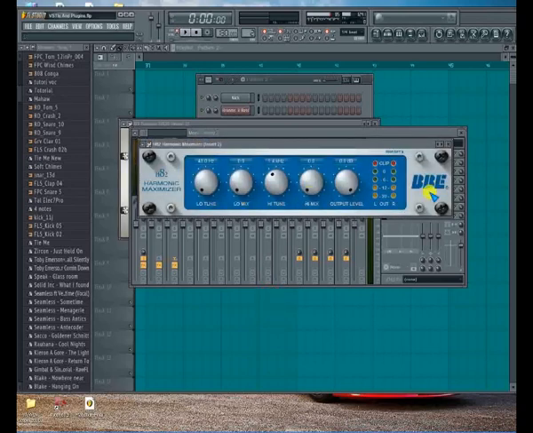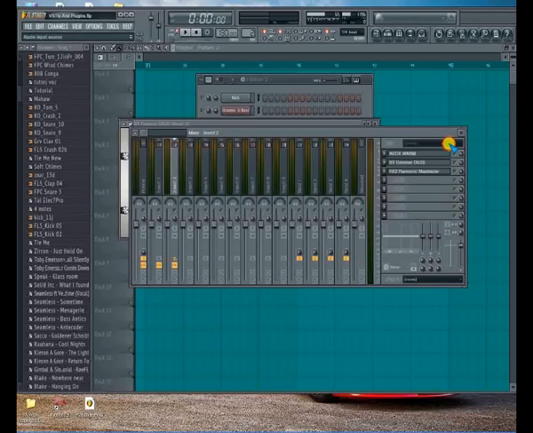This comes with the BBE. We've already looked at BBE Sonic Maximizer. This is the BBE Harmonic Maximizer, and it makes the sound loud. They are compressors and limiters, and they have a lot of functions. So I have talked about the BBE as well. Don't forget, I've talked about all these things. And then apart from that, we can talk about